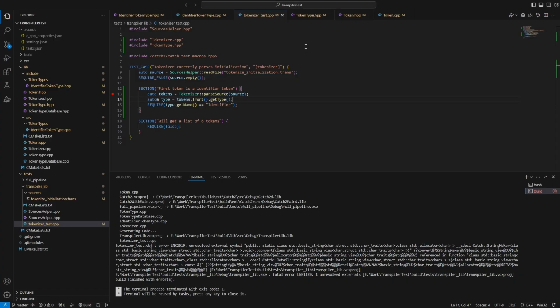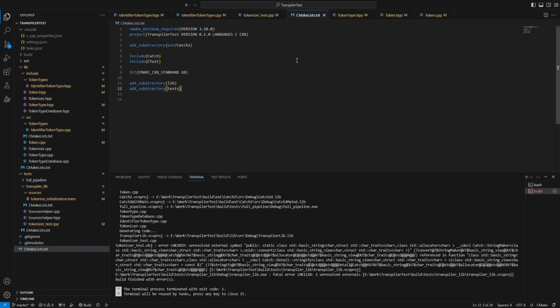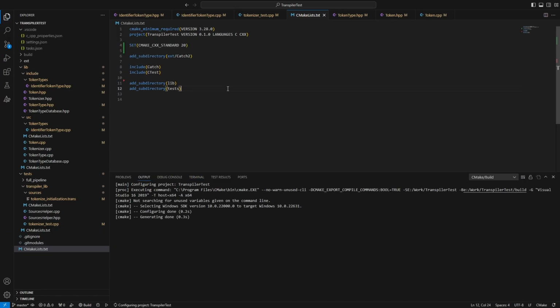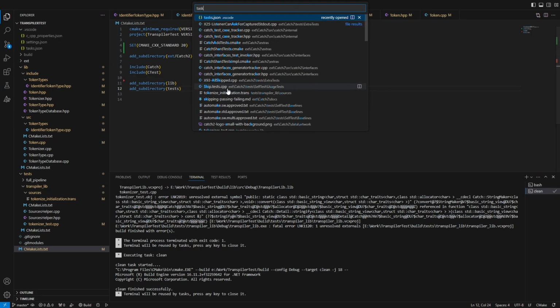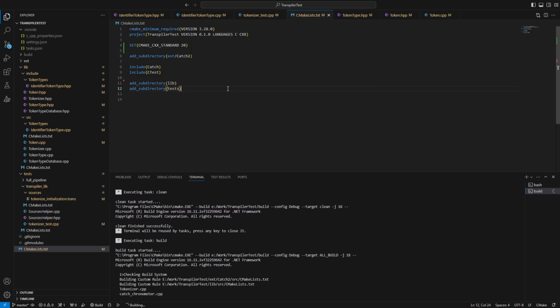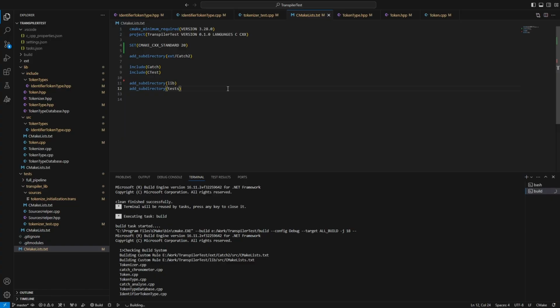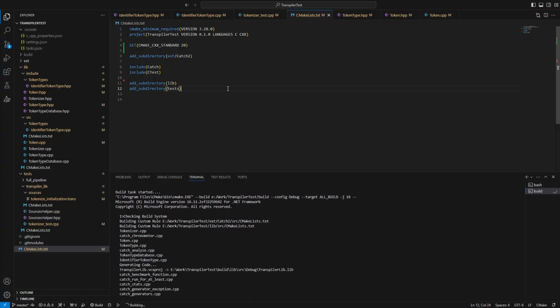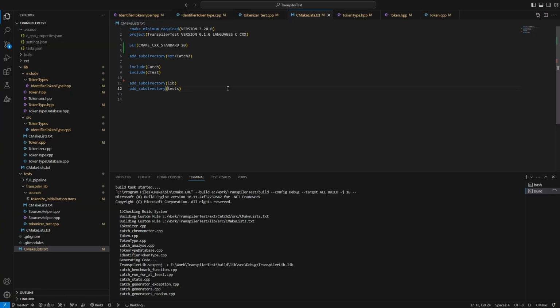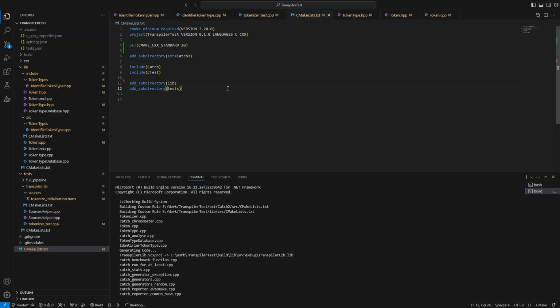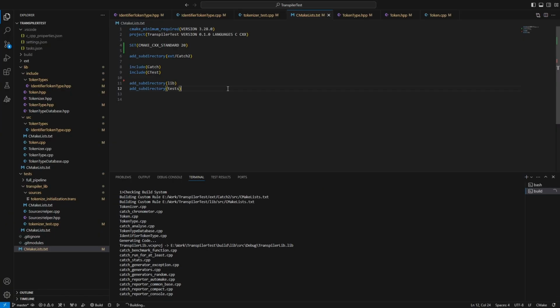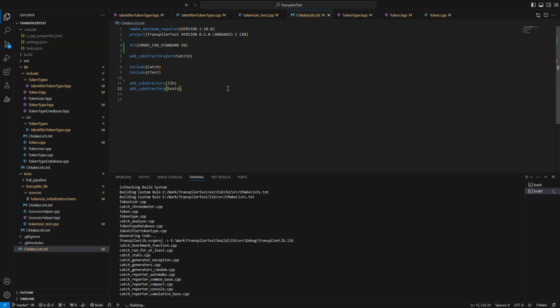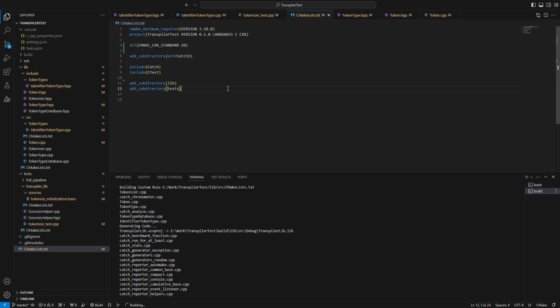Wait, maybe. Let's do that. This is gonna take a while because I think now it's gonna recompile all of Catch, which takes a little while. Since it was unresolved, it might have been